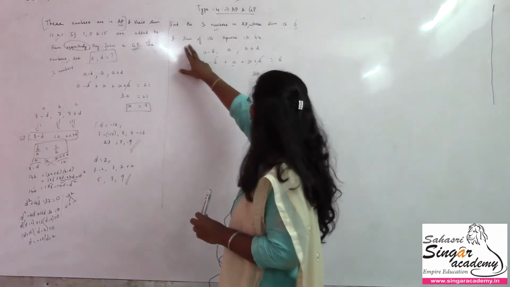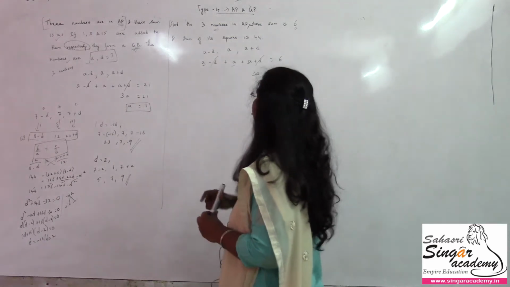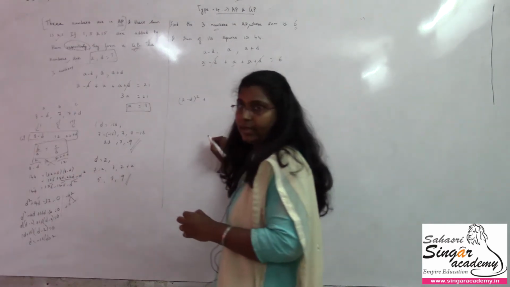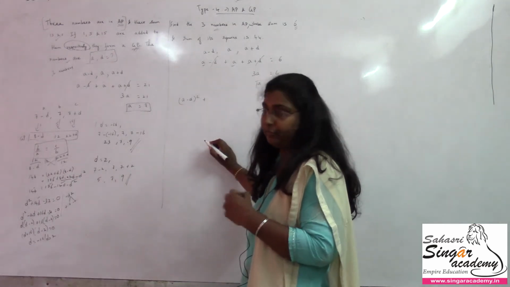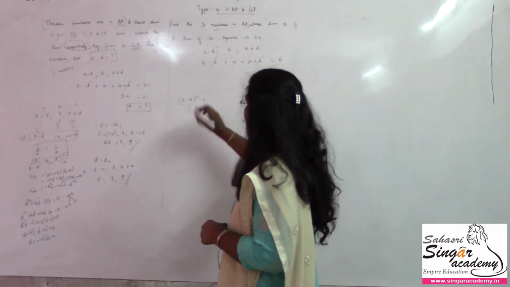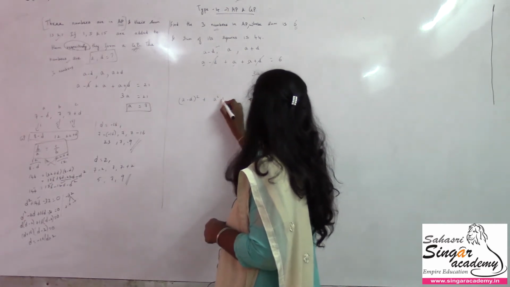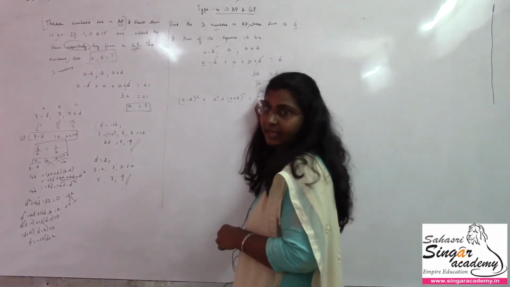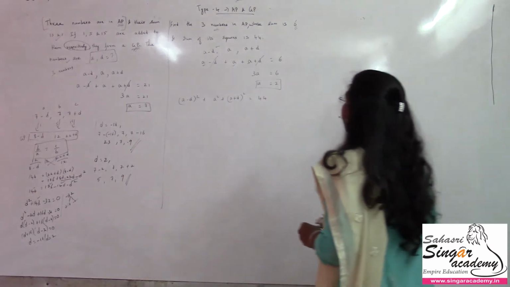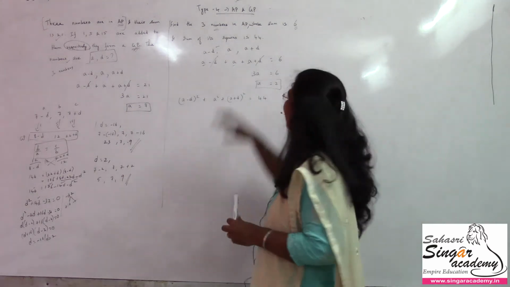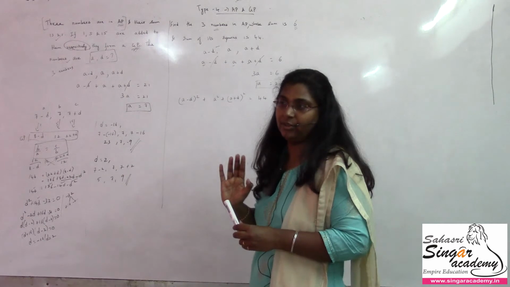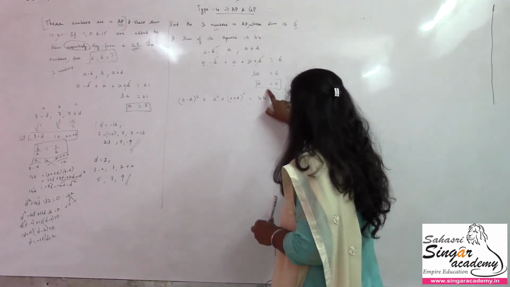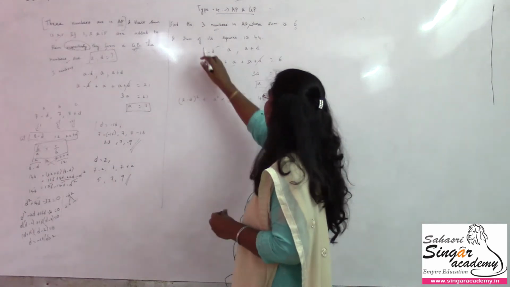And also it's given that the sum of its squares is 44. So I take A minus D the whole square, sum of the squares of each number. I have to take the square of each number. So A minus D is one number, I square it, then A square, then A plus D is the last number, so I square that also. If I square all these, I'll get 44. This is not a difficult problem. You should know how to put these wordings into a mathematical relationship, nothing else. With the help of this and with A equal to 2, I can get the value of D so that I can get the three numbers here.